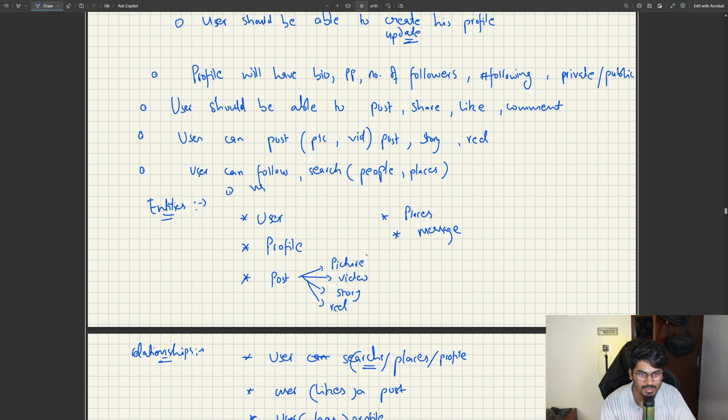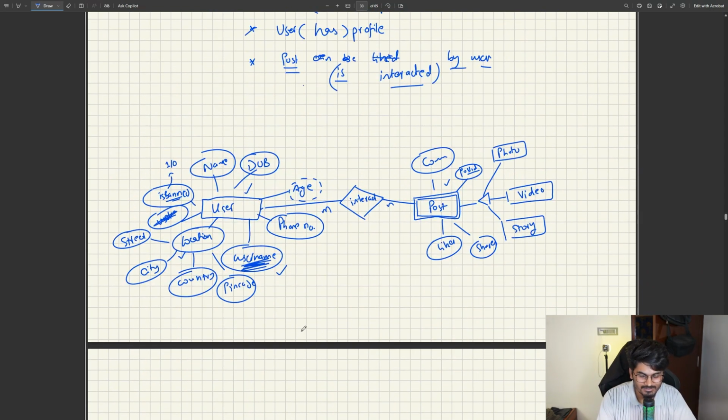Now user can send a message to another user. So one more thing will come out of this, which is a very interesting one, and that is the Cartesian product. So basically user has a relation with user. One user has a relationship with another user. How will you make that? User can post a message to another user, or user can delete. Basically user can do something with message. So the relationship is user